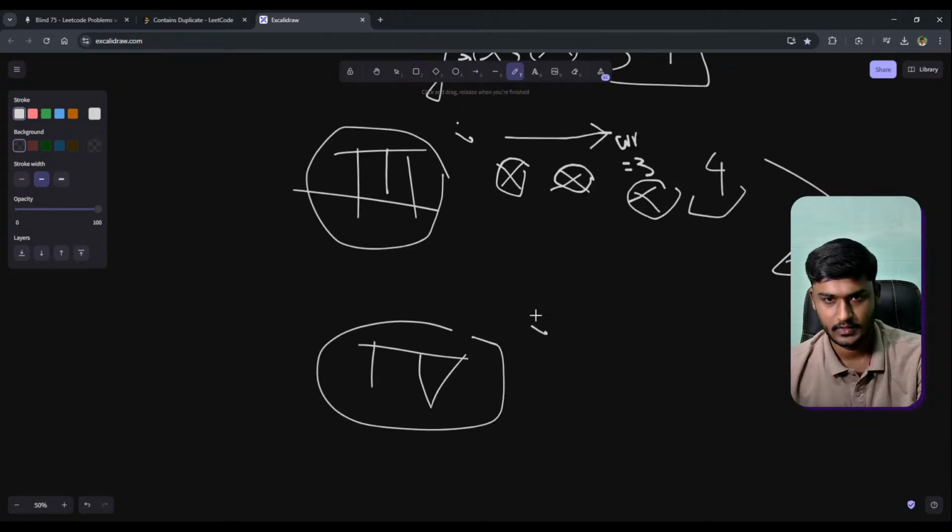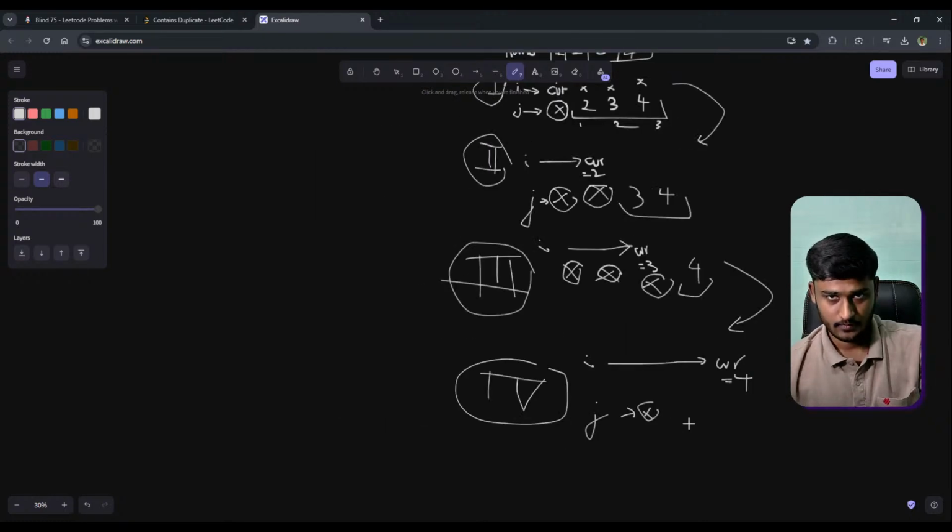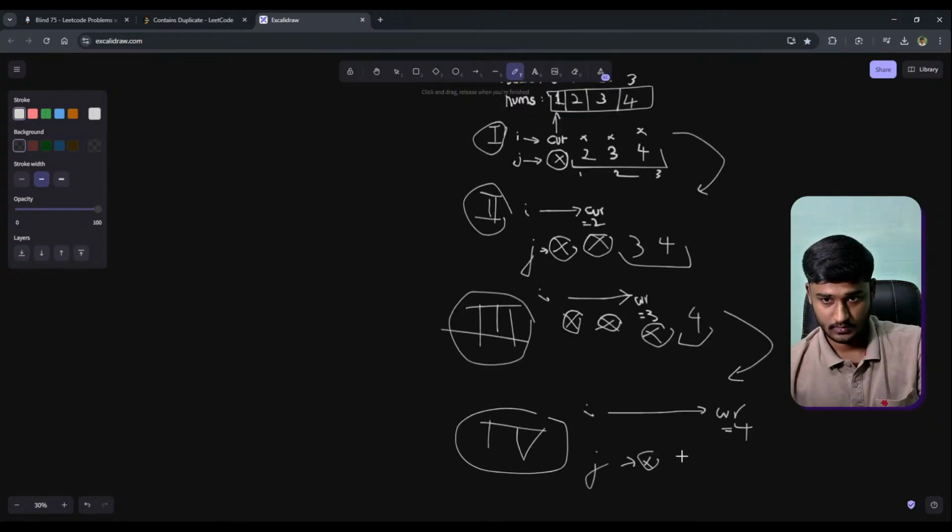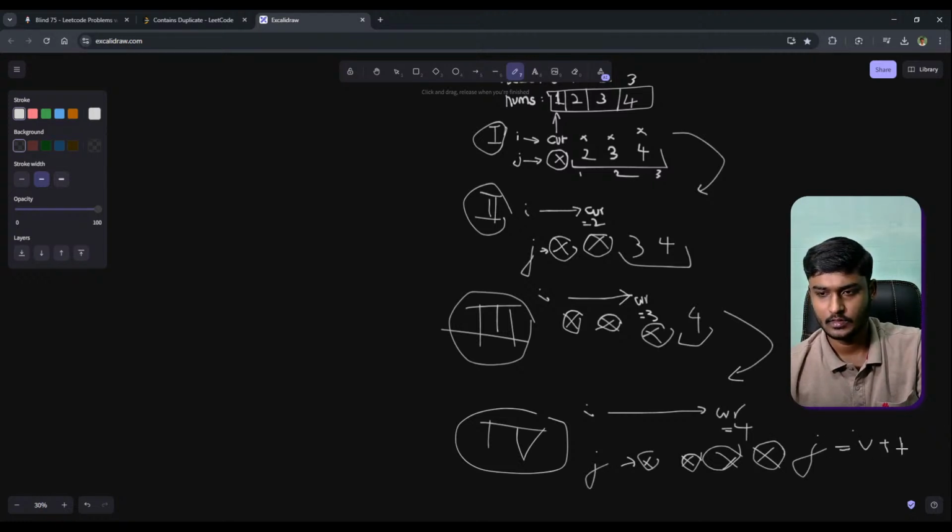In the 4th iteration, i will be at current equal to 4, but here the j will not run because j has already checked number 1, number 2, number 3 as well as number 4, because here j is equal to i plus 1, which is equal to 5, right?